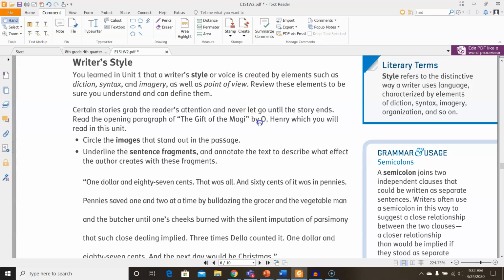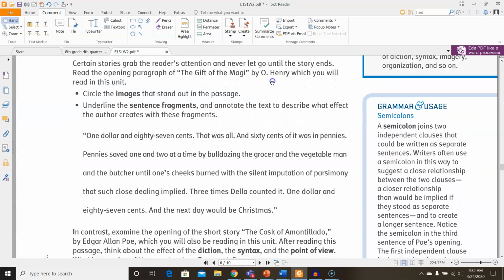So, certain stories can grab the reader's attention and never let go until the story ends. Read the opening paragraph of The Gift of the Magi by O. Henry, which you will read in this unit. We're going to be circling images that stand out in the passage, as well as underlining sentence fragments and annotating the text to describe what effect the author creates with these fragments. Okay? So,